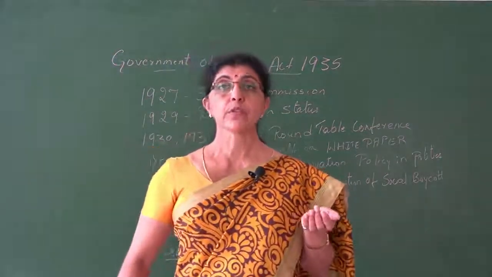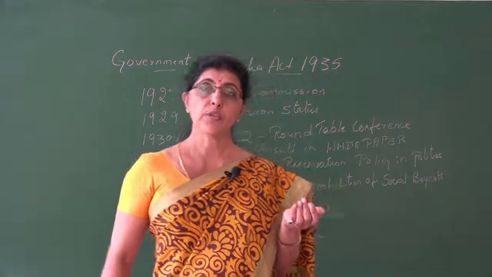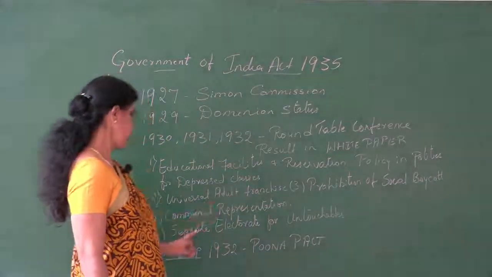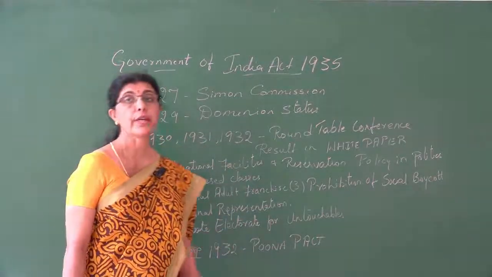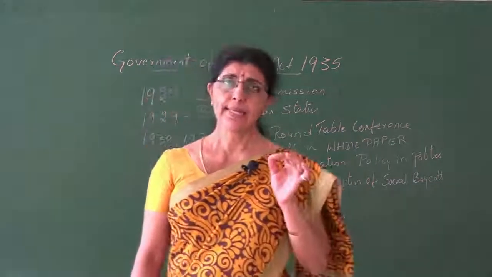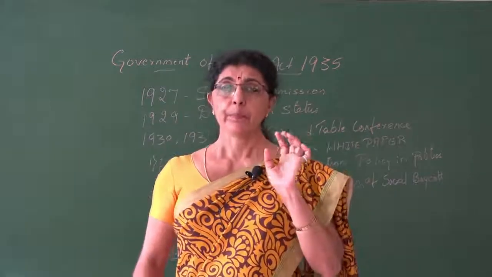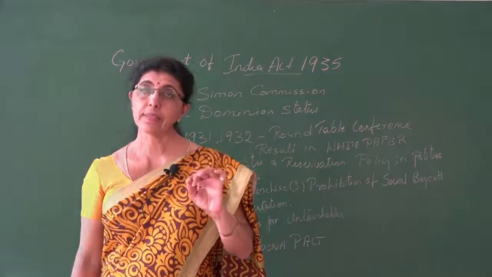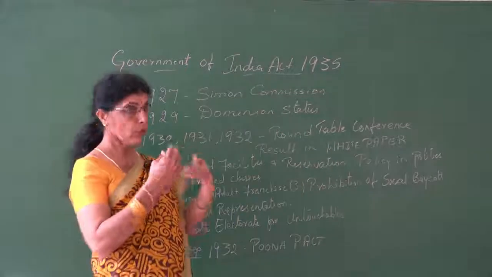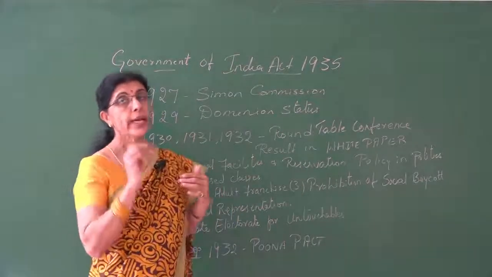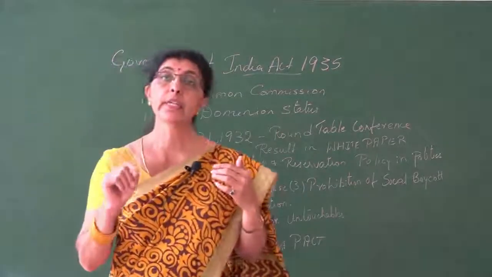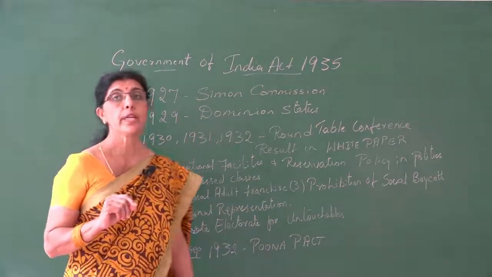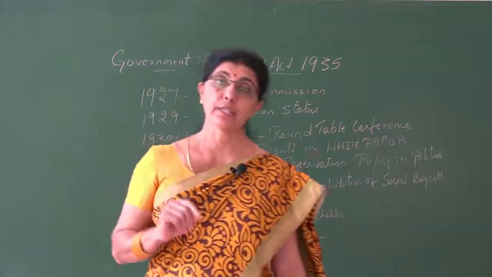But Gandhiji was opposing this. Gandhiji was in Yerwada jail during that period, and he opposed a separate electorate for the untouchables. He saw it as the British Parliament's game to divide the Hindus in India. As they already had plans of a divide and rule policy, they wanted to divide the Indian Hindus also. With this in mind, they suggested a separate electorate for untouchables, said Gandhiji.